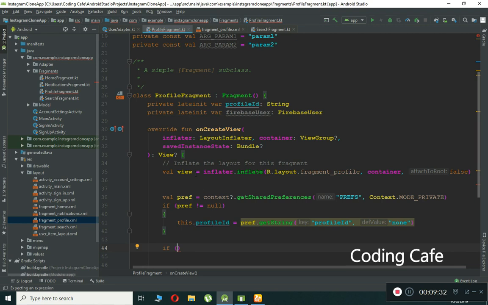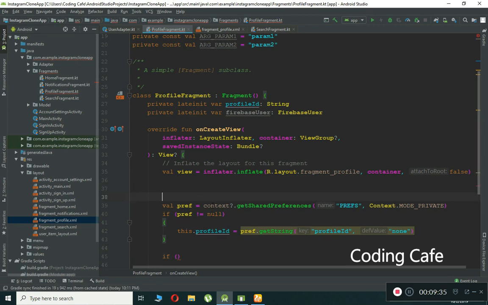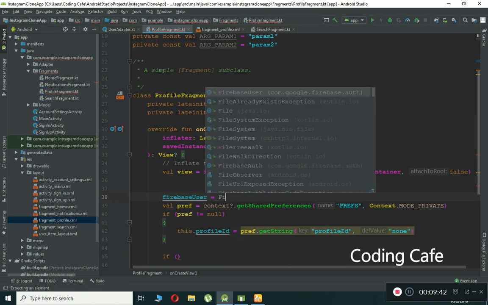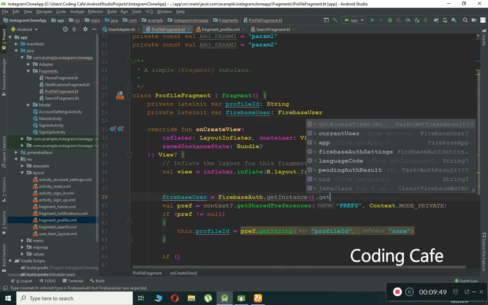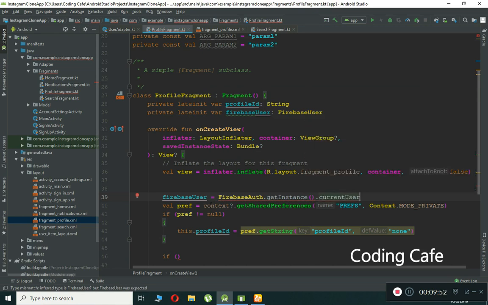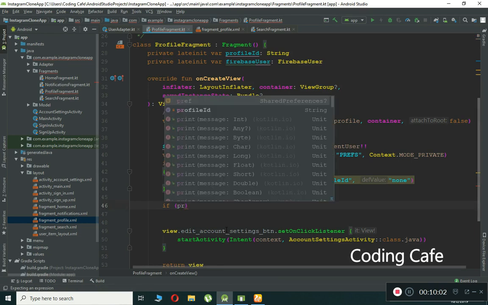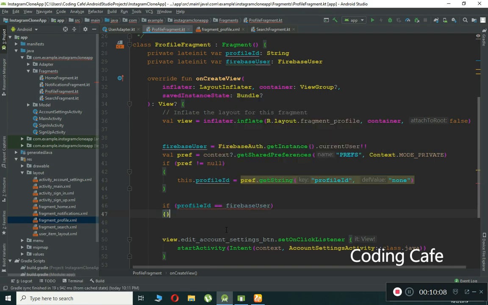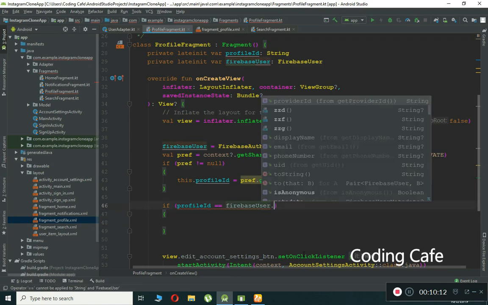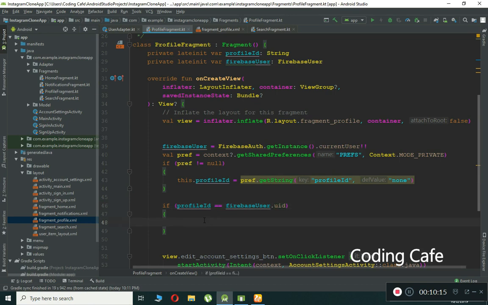So first of all, here we can first get the Firebase user. firebaseUser equals to FirebaseAuth dot getInstance dot currentUser, and it must not be null, so put these two exclamation marks. So here now we can compare it. We can say if the profileId is equal to the firebaseUser dot uid, I mean you have to get the ID of that user. So if the profileId is equal to firebaseUser.uid, it means that this is the user's own profile,